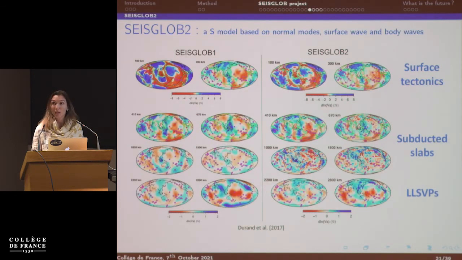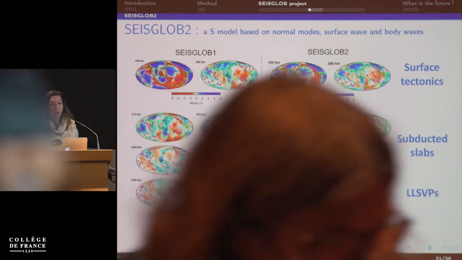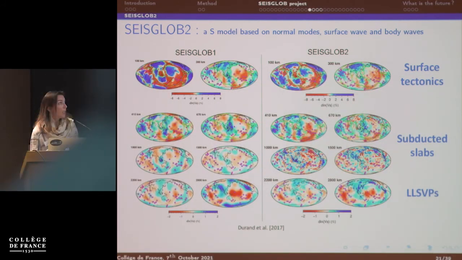So then we went for a new version of the model, now including the body wave dataset. It's SEISGLOB2. This one is developed up to degree 40 in spherical harmonics, and so, of course, we see more details in the mantle structure. Still the ridges and cratons in the upper mantle, and some slabs down to 1,000 kilometer depth, and the LLSVPs